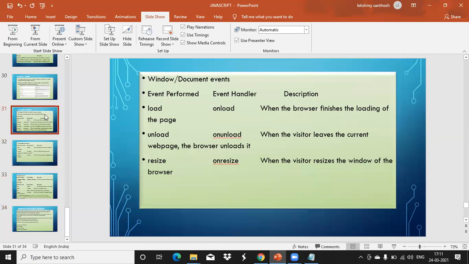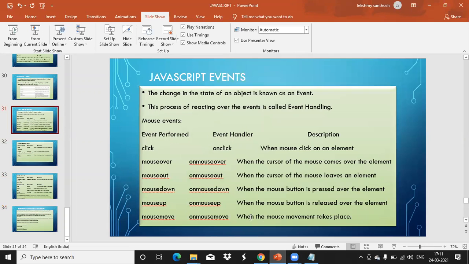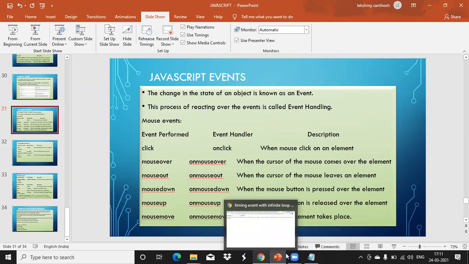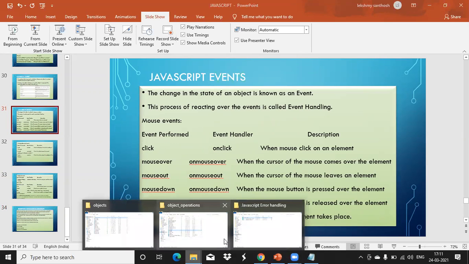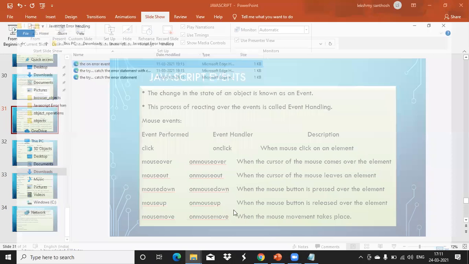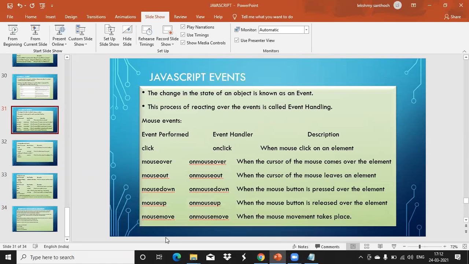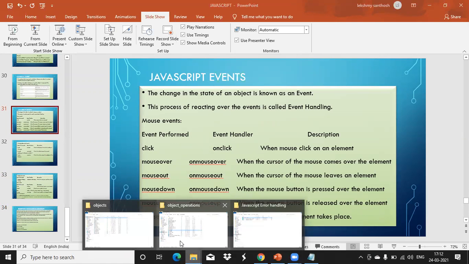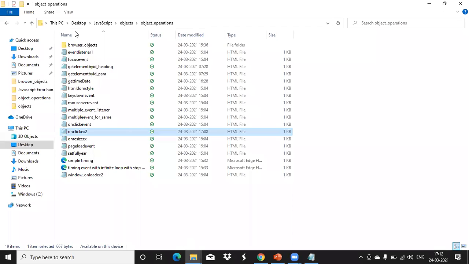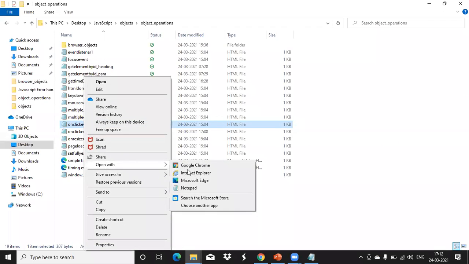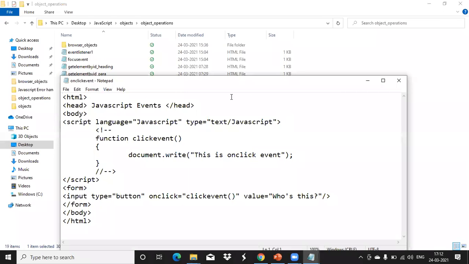Let's see how each event is working. On click, we have done so many examples, because when we started learning JavaScript, we started using the on click event, which is the simple one. So we'll see the next one. Here is a button with on click, a function name, and a value for the button name.